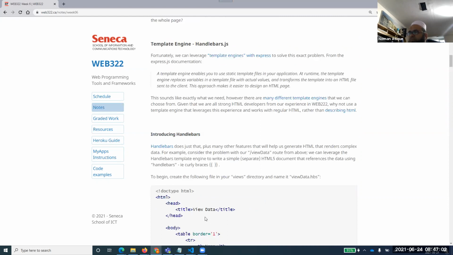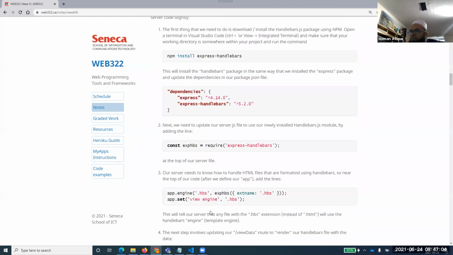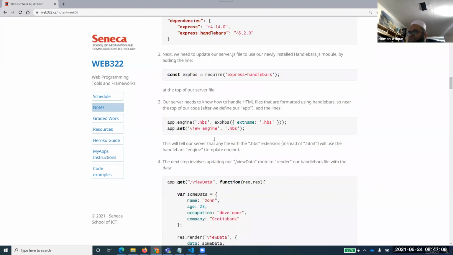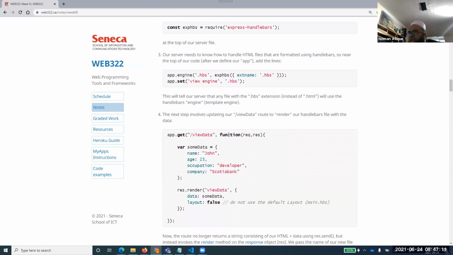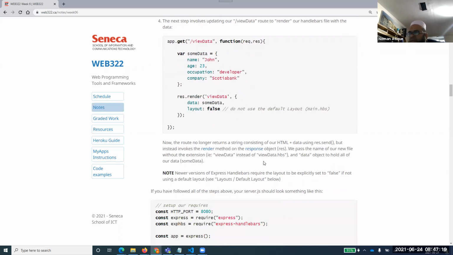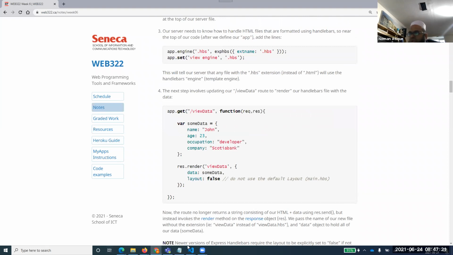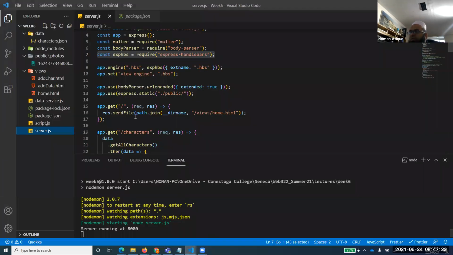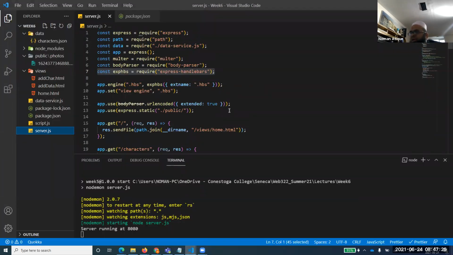So we were looking at our own example, and these were the steps. We have something called view data, and we can create a view data file or something like that. So we were talking about our own example, which was here.